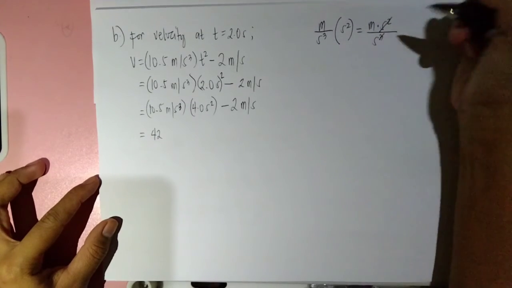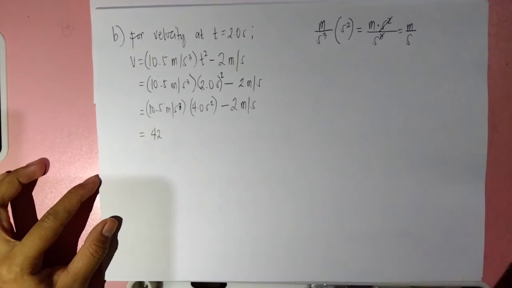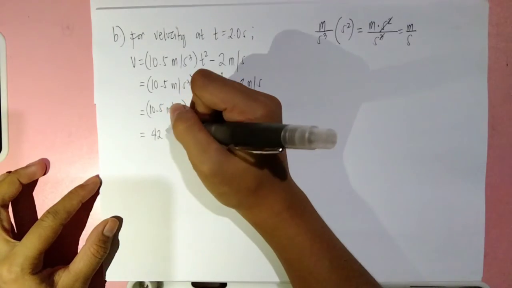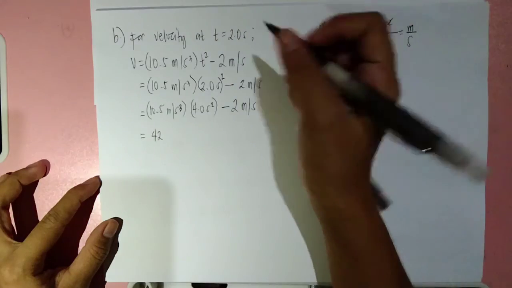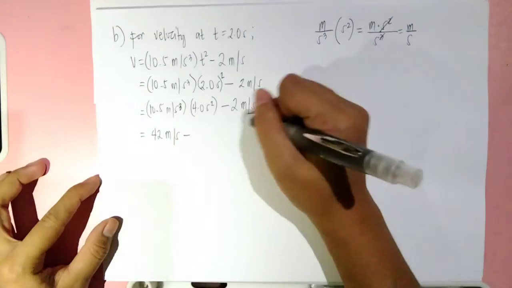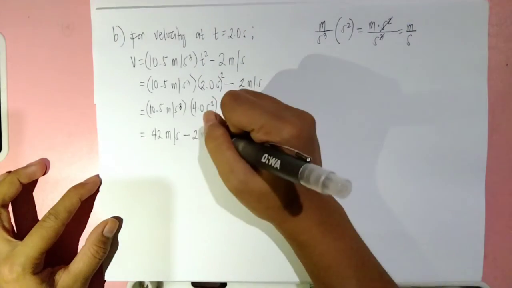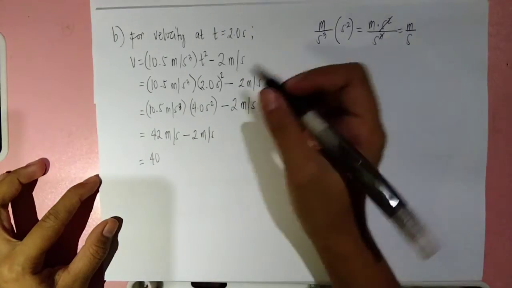Okay, cancel. What's left is meter per second. So that is 42 meters per second minus the remaining 2 meters per second. So the answer is 40